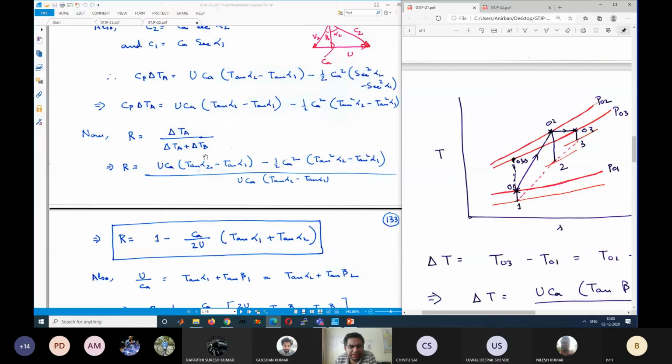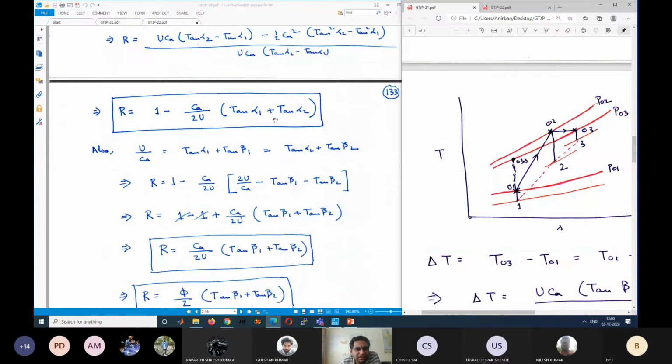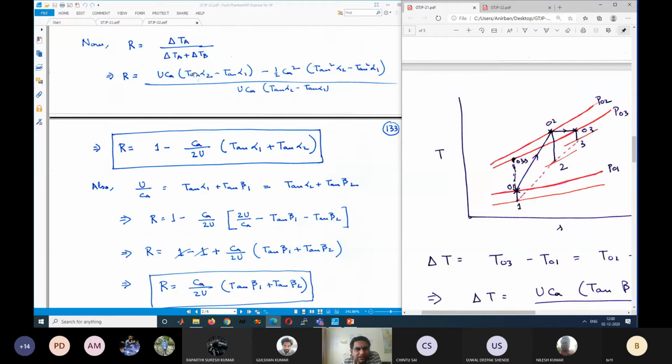Just algebraic calculation, you can do it on your own. Maybe if I am reading it, it looks difficult, but actually it's a very simple algebraic calculation. Automatically it will flow once you know how to calculate. So the first term is 1, this divided by the denominator is 1. The second term, tan square alpha 2 minus tan square alpha 1, can be divided by tan alpha 2 minus tan alpha 1, and it will give us tan alpha 2 plus tan alpha 1.